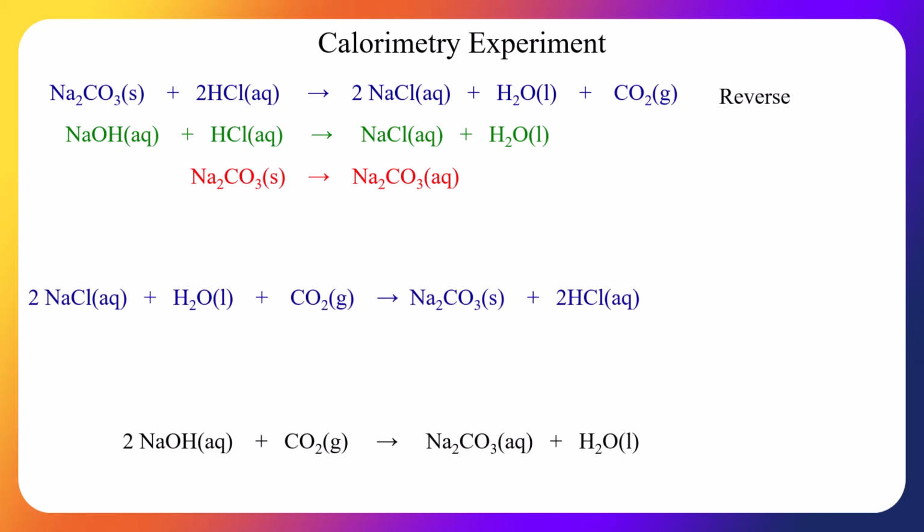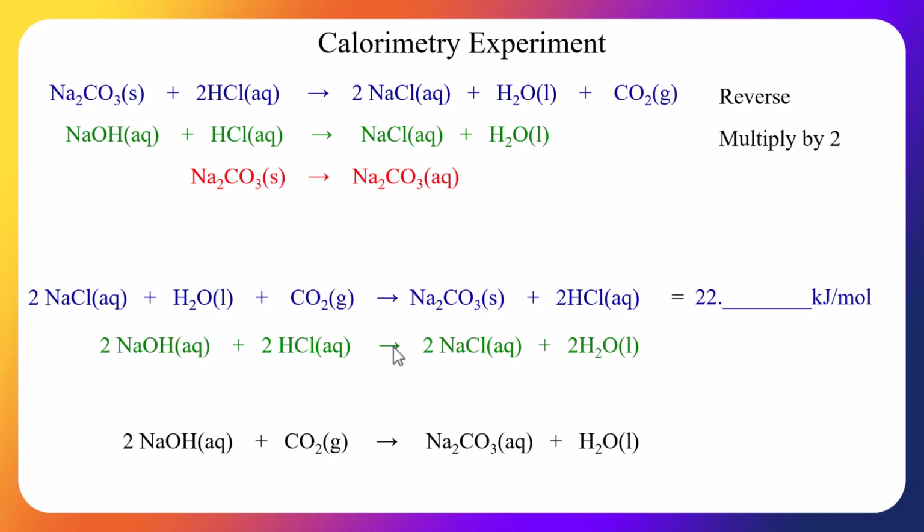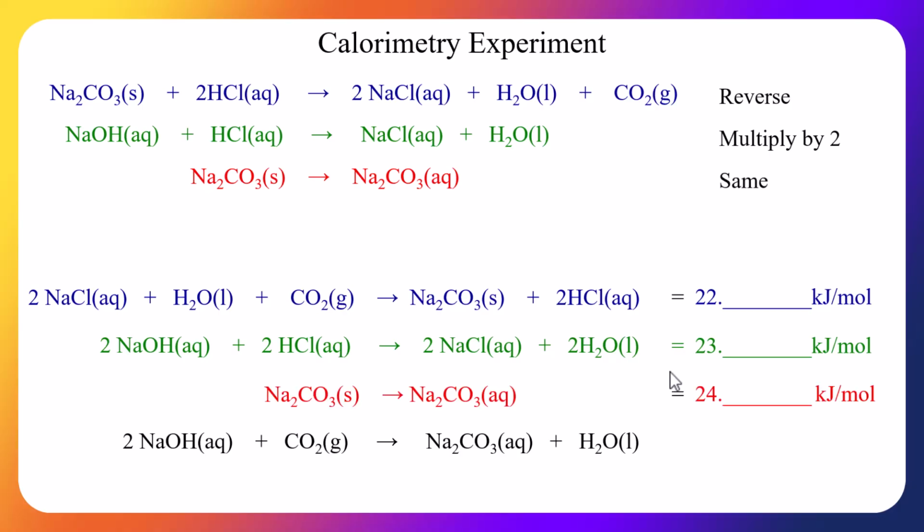Okay, so the first reaction, as I said, I just reversed it. Okay, the second reaction, you're going to have to multiply by 2, and when you do that, you're going to also have to multiply this by 2. So the first one, you reverse it, which just means you switch the sign here. So whatever this answer was, you just switch the sign. This one you multiply by 2. And the third one you don't do anything to. You leave the same. And when you add them all up,